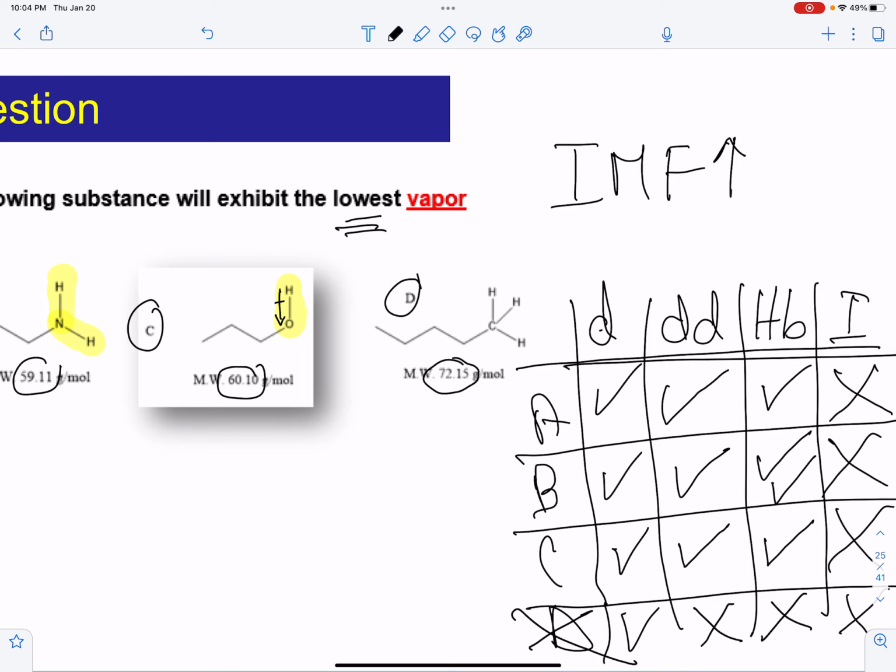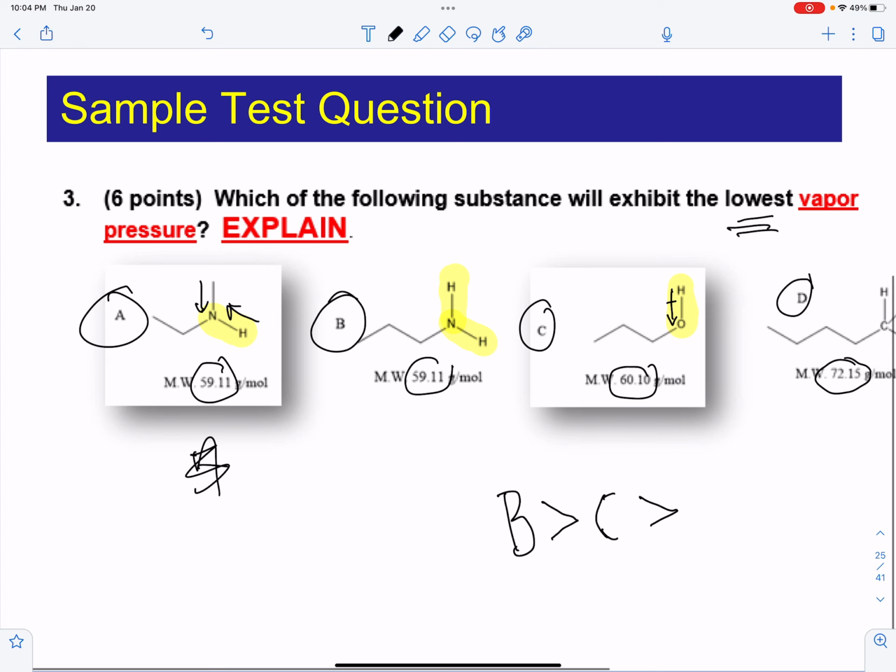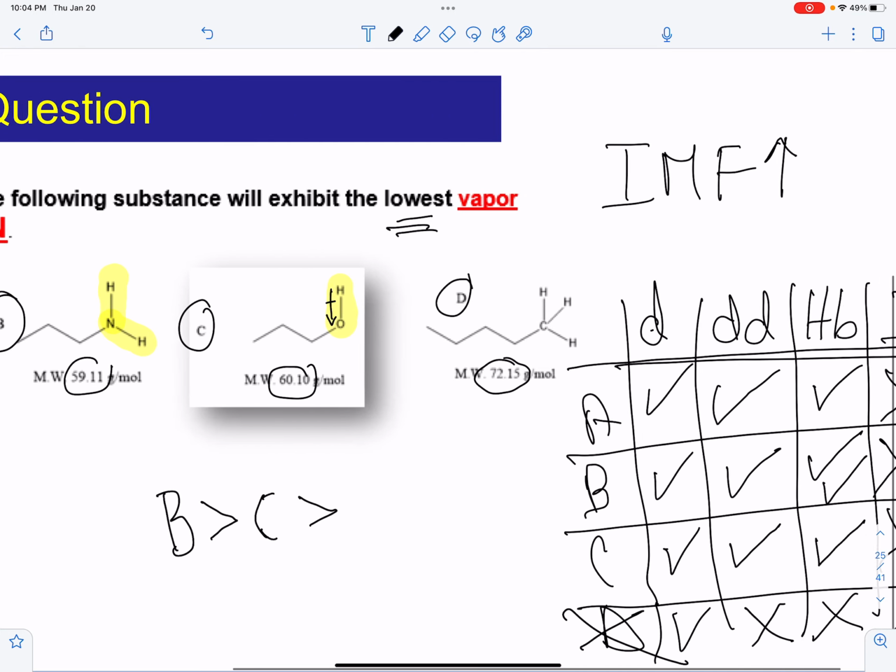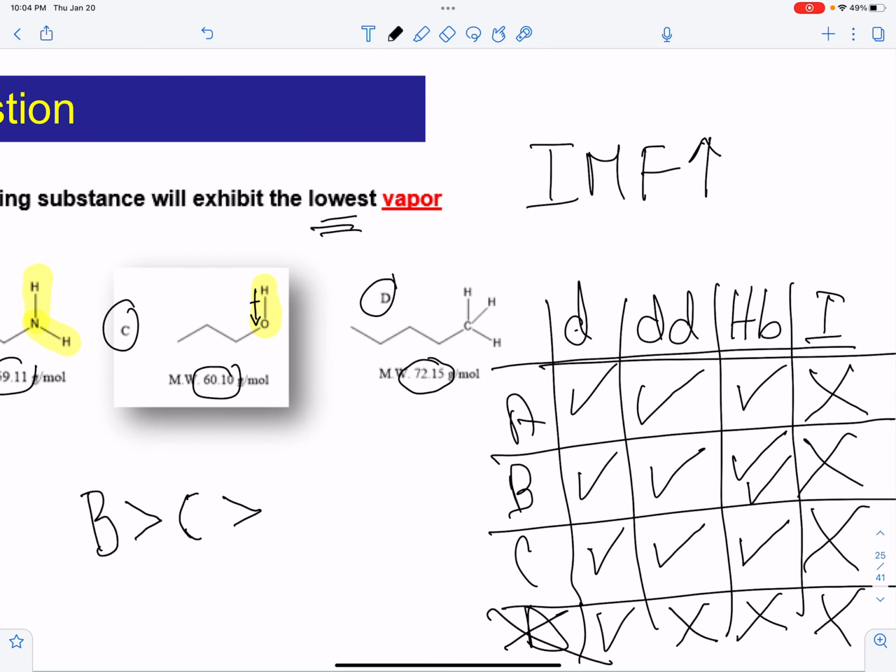So I would say B would be higher than C, which is going to be higher than A, which is going to be higher than D. And if that is your answer, you get most of the points on this question, but you don't get all the points